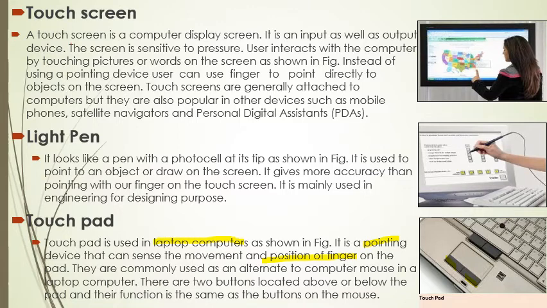Maybe you think, sir, in a mouse we have a scroll wheel also, so where can we utilize that? If you see, a small dotted area is marked at the left side, at the right side, and maybe at the bottom. That area is used for scrolling purposes. I'm talking about this area. Let me point it again, here, this area, and this area is used for scrolling purposes.